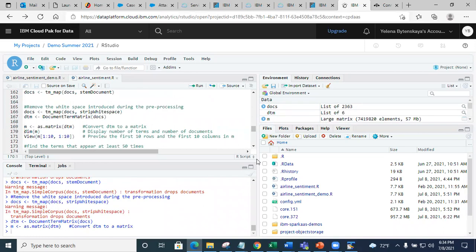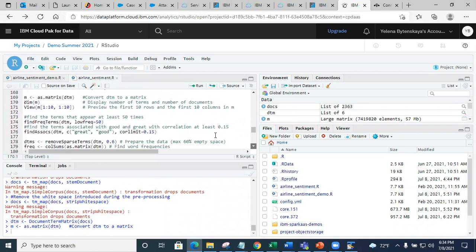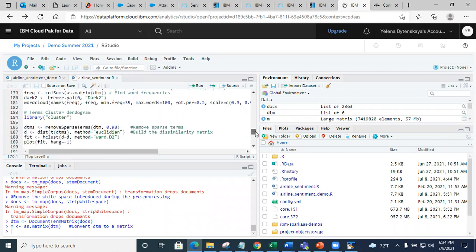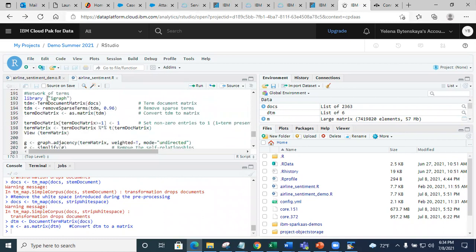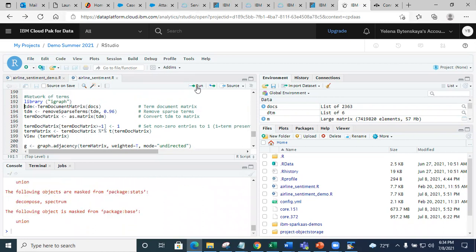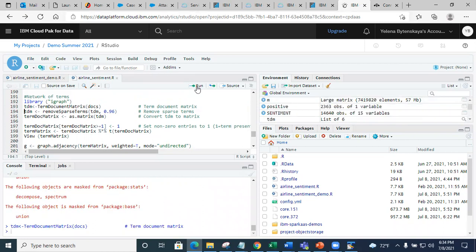I'm not going to do the previews. I'm trying to get to the point where we are doing, here it is, the igraph.